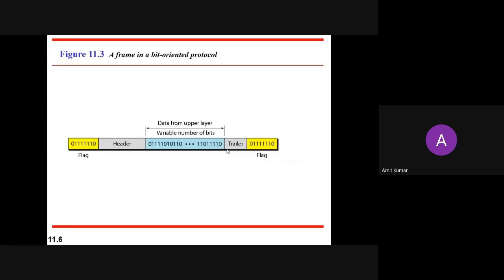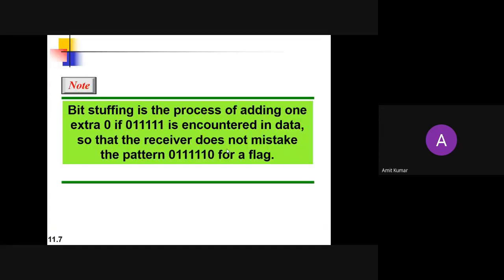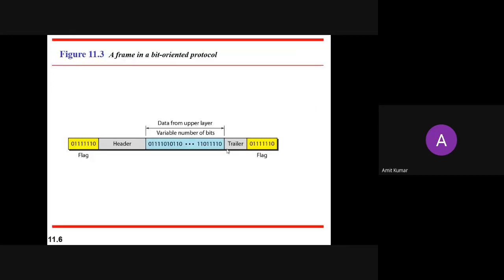Now we are going to move to the next stuffing technique, the bit oriented protocol. The previous one is the character oriented protocol, where we send characters in the form of ASCII code or EBCDIC code. Most probably you are going to send ASCII codes.